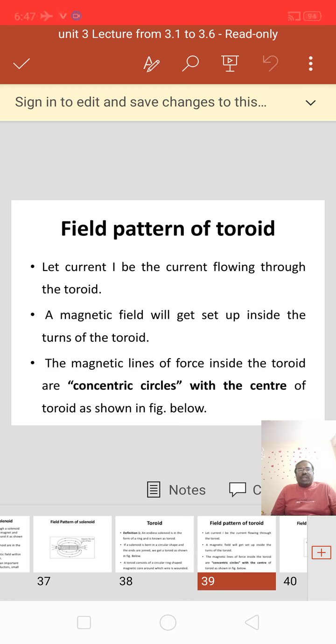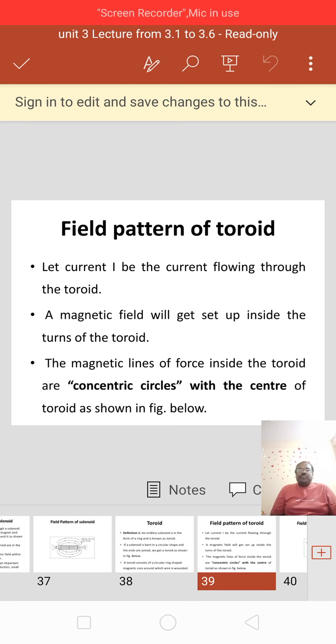Field pattern of toroid. Let current I be the current flowing through the toroid. A magnetic field will get set up inside the turns of the toroid. The magnetic lines of force inside the toroid are concentric circles with the center of the toroid as shown in the